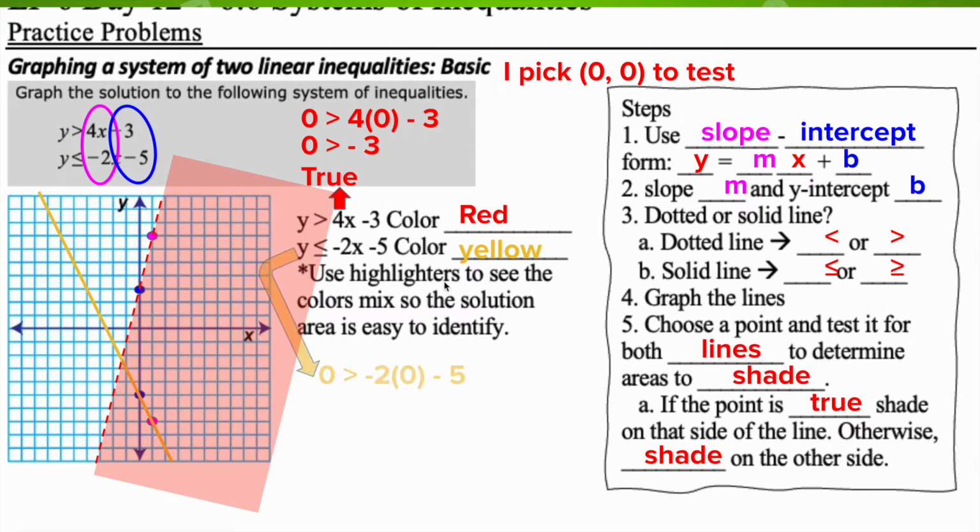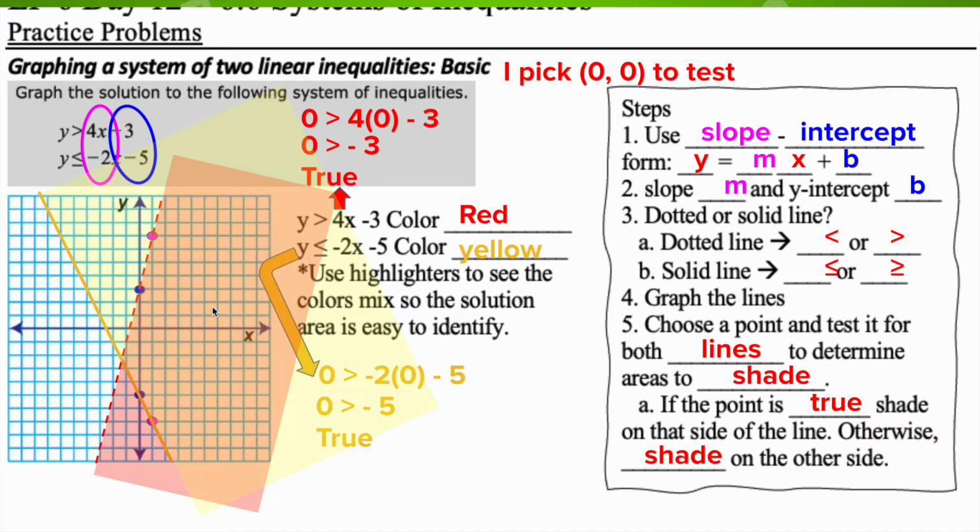So the second equation, I'm going to do the same thing. So I'm going to do that down here. I'm going to plug in 0, 0 again. So I'm using this second equation here, but my y and my x are zeros. So negative 2 times 0 again is 0, so that cancels out. So I have 0 is greater than negative 5, which again is true. Since this point is on this side for the yellow line, I'm going to shade everything up above here. Okay, so anything where the two shades are crossing, this is actually my favorite part because we